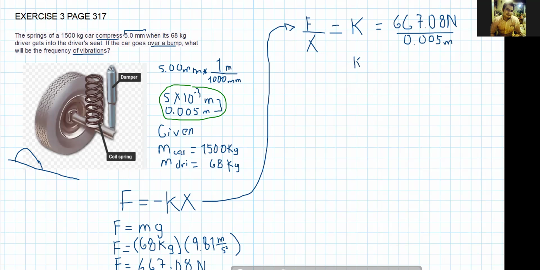Calculating the constant of this spring, this is equal to 667.08 divided by 0.005. So the answer for this one is equal to 133,416. And because this is the constant of the spring, those are newtons over meters, okay? So I have a force, I have the constant of the spring, and the exercise is asking for the frequency